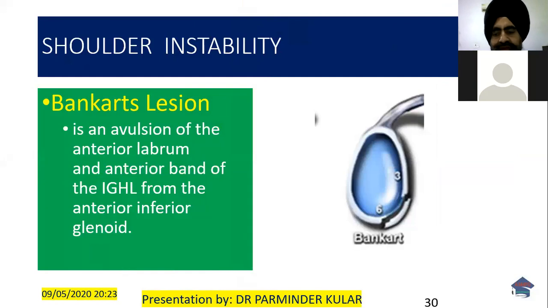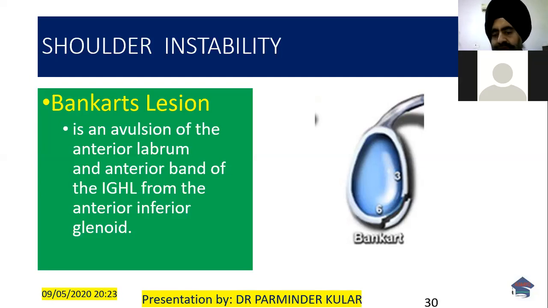Then what are the pathologies? After dislocation, after 6 weeks of conservative treatment and restricted activities, the patient again comes back to you after 6 months with a redislocation. Dislocations are usually accompanied by tears in the glenoid labrum. This lesion is commonly called the Bankart lesion, and it is usually found at the 3 to 6 o'clock position. On the glenoid, 12 o'clock, 6 o'clock, 3 o'clock, 9 o'clock. The Bankart lesion is a lesion between 3 o'clock and 6 o'clock.